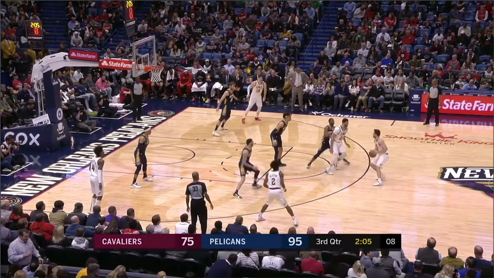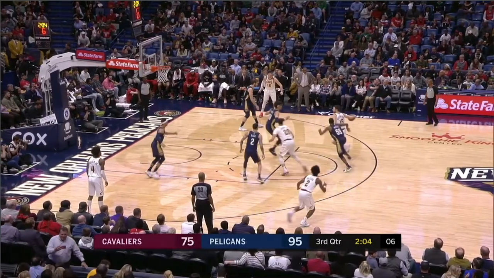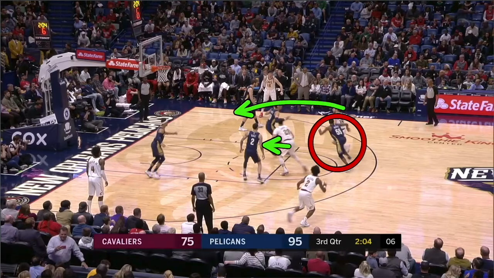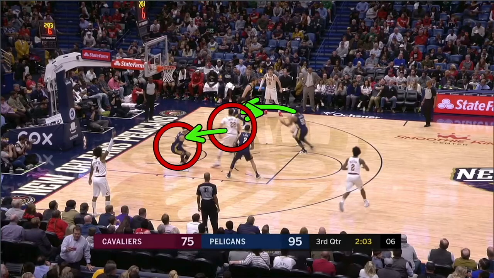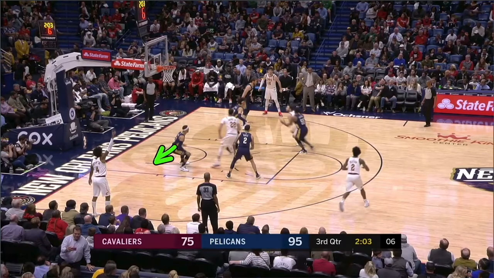The reason drop coverage is such a stupid ball screen defense is, look, this player here is behind the play. So this is technically a 2-on-1 with the ball handler, the big rolling against this big dropping defensively. So right here, Matthew Dellavedova just has to keep his dribble alive and keep attacking downhill off this big's hip. Once this big commits towards the ball, either this backside defender is going to stay, and Larry Nance Jr. is going to do a great job of sealing him off, so now we can just drop this ball underneath for an easy 2, or this backside defender leaves like it looks like he does here, and now we're just dropping this ball underneath to Larry Nance Jr.